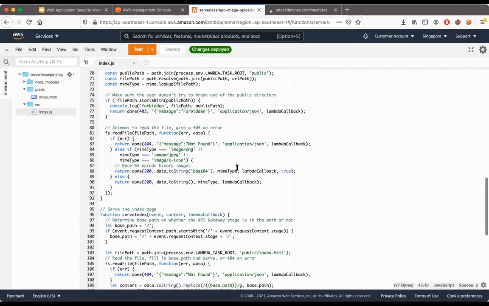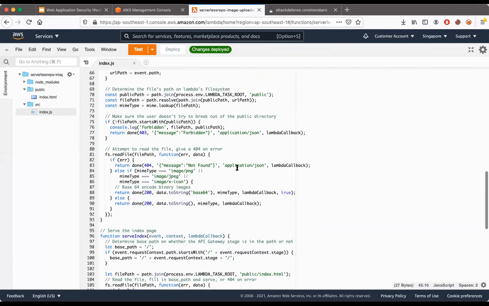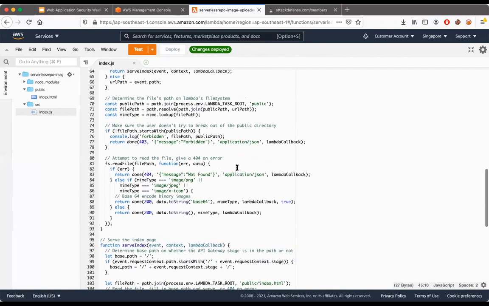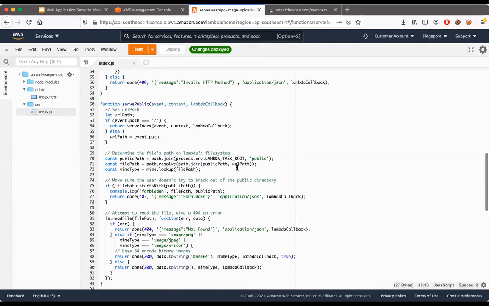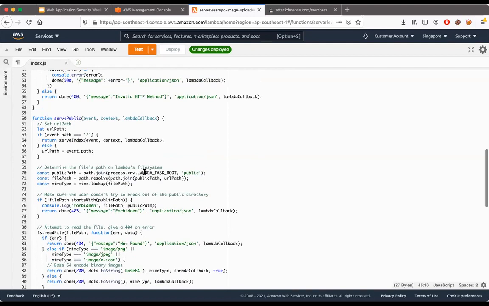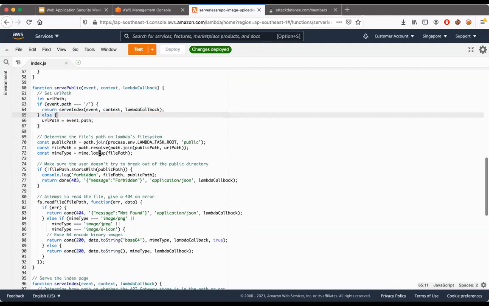So some of you have been asking regarding the code for the command injection based vulnerability, right? I completely understand many of you might not be familiar with the JavaScript based syntax, so I'm going to walk you through the code from a very high level. So here we can notice we have the event path, right? And if we scroll down in here,